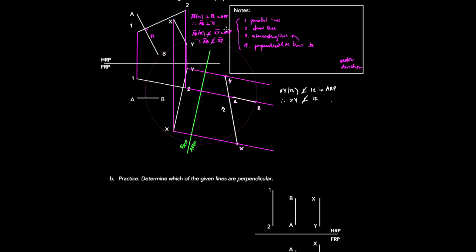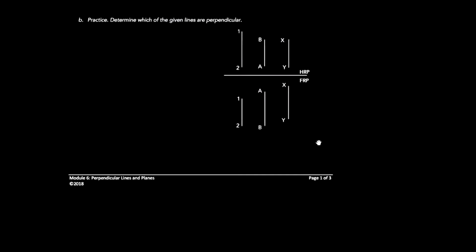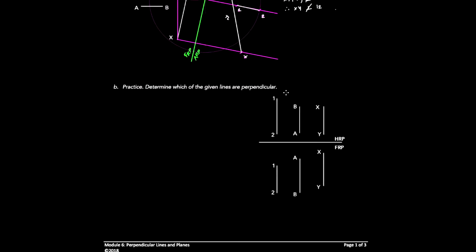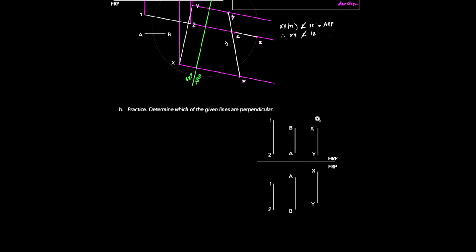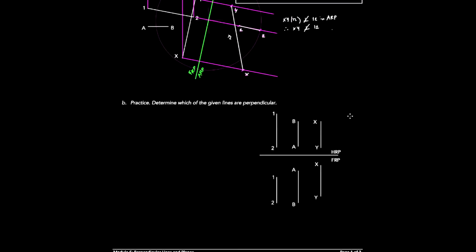To satisfy that, you have to remember that in one of those views, the given line should be in its true length, and it should be shown to be perpendicular to whichever line you are trying to construct. I think there are examples here that involve construction of lines and planes, and we will see it more there. So this, determine which of the lines are perpendicular, is a perfect example of